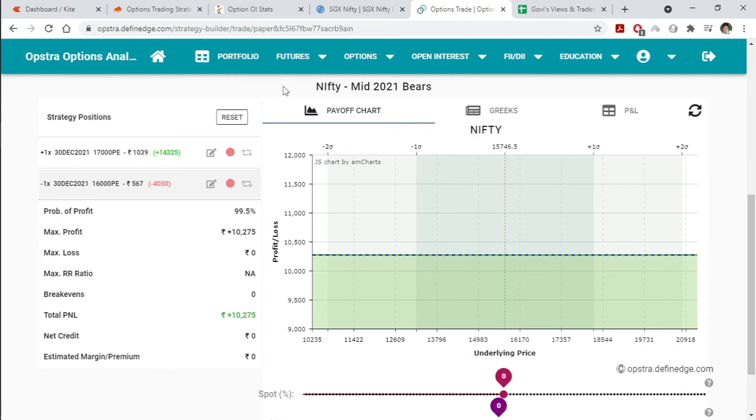So I guess we are out of trades completely, and right now we haven't taken any positions, but I'll keep you posted if there is anything that we take, and probably we can share it live. So that's on the Nifty strategy that we closed down, and let's move quickly to Bank Nifty also.